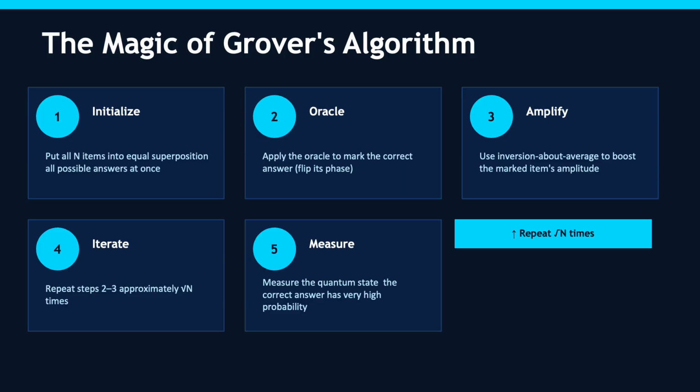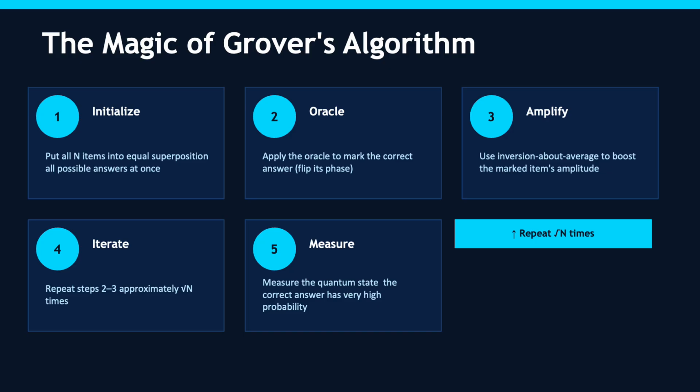Grover's algorithm works in a series of clear steps. First, you put all n possible answers into an equal superposition, meaning every possible answer starts with the exact same probability of being selected. This is like shuffling all the cards face down and giving each one an equal chance. Next, the oracle marks the correct answer by flipping its face, and then amplitude amplification boosts the answer's probability while